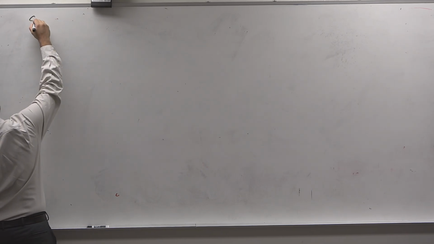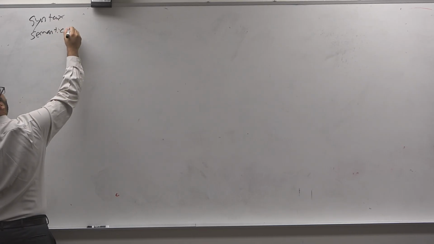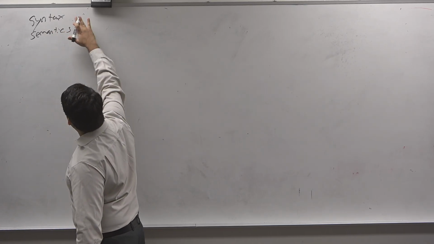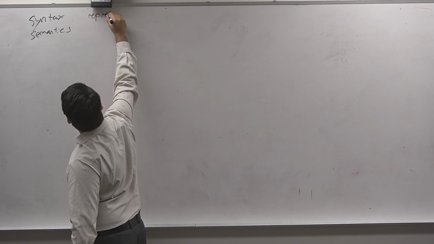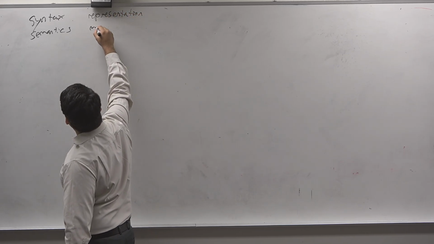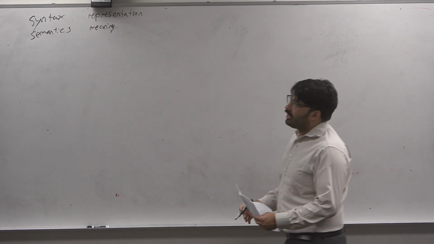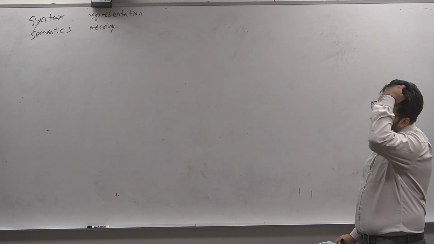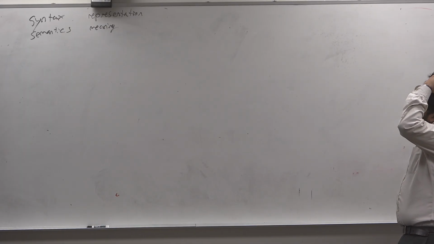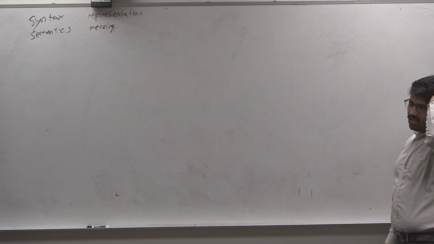So the next part is the difference between syntax and semantics. Right? Syntax is about representation. And semantics is about meaning. So I think the Aristotelian definition of, or maybe it was Archimedes, but the Aristotelian definition of language is sound with meaning, which is a bit too vague to argue with, but